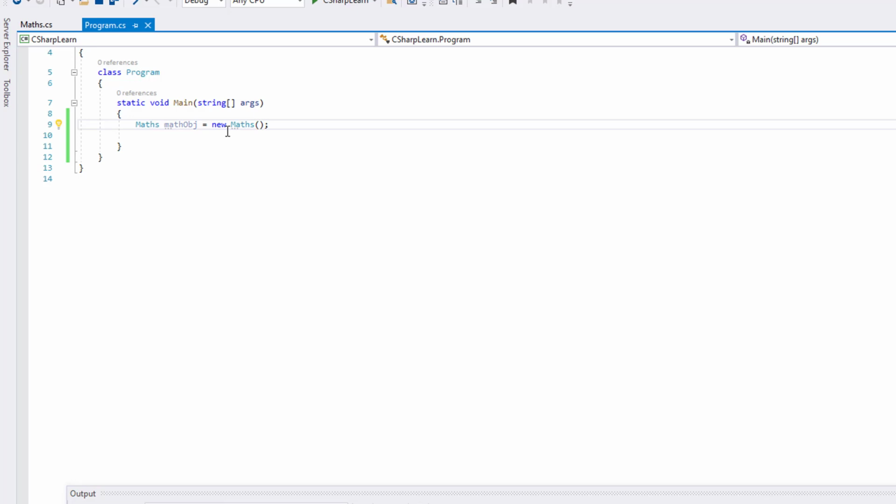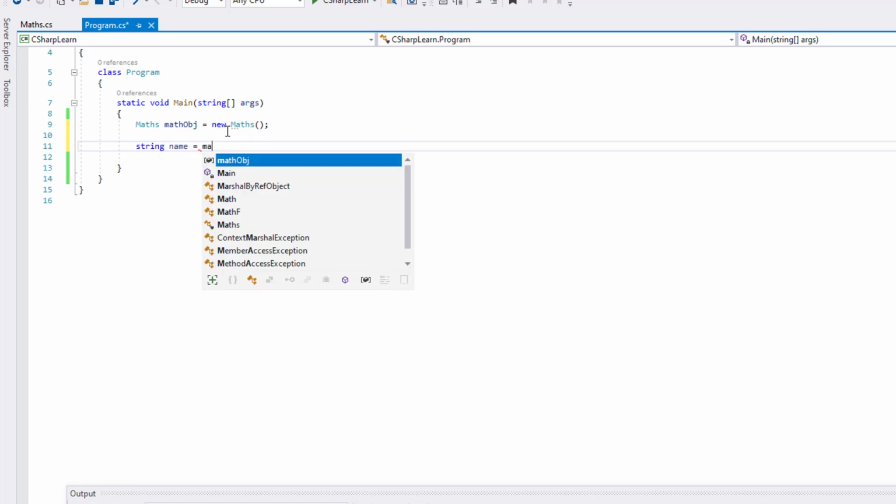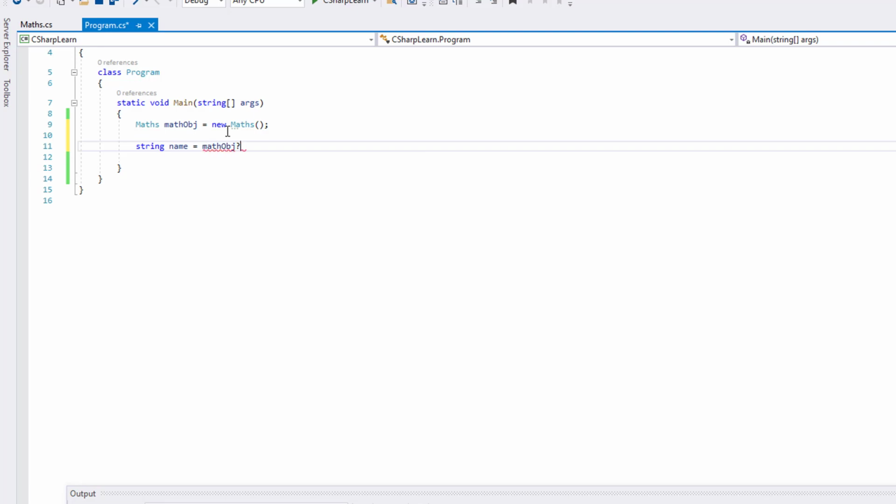So here we have the created new object. Now let's say string name, and then what I want to check is mathObject question dot GetValue.